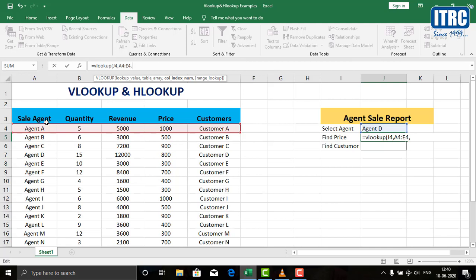Next is the column index number, and that basically means how much should it move. So it assumes that the first one is 1, 2, 3, 4, 5. So basically in which column is the answer that you want. We want the price, and that makes it 1, 2, 3, 4. The fourth column, so we have to put 4 in there.